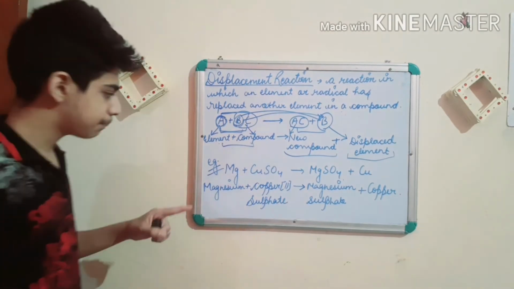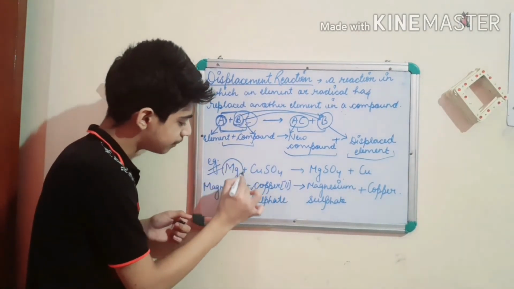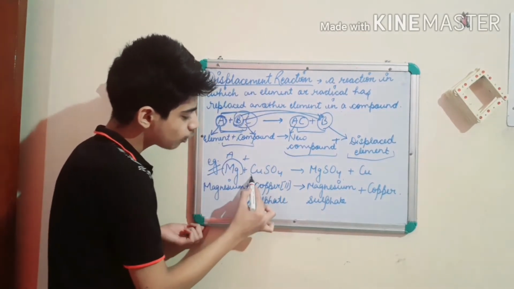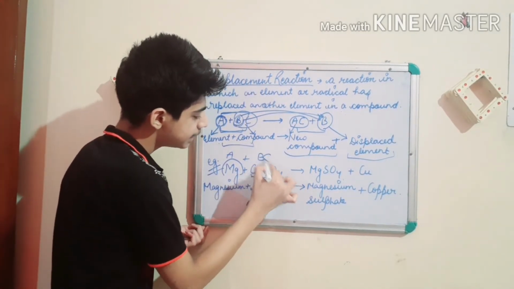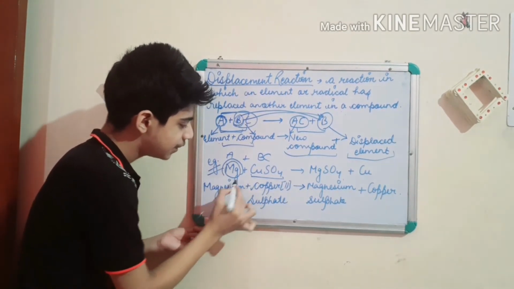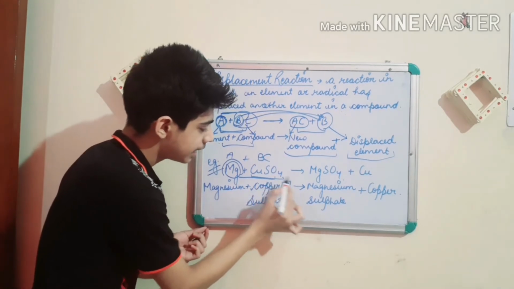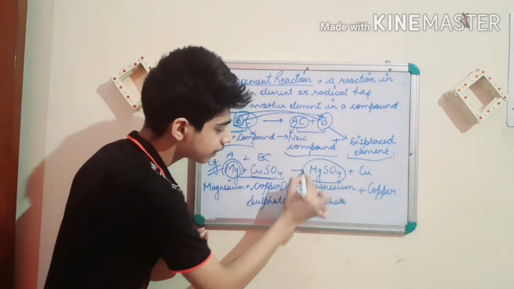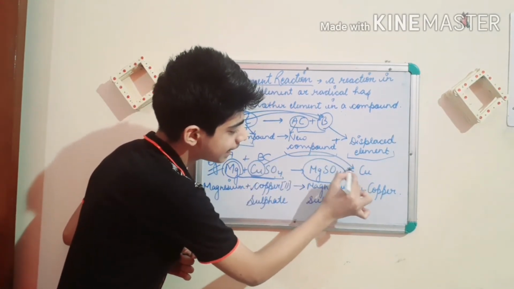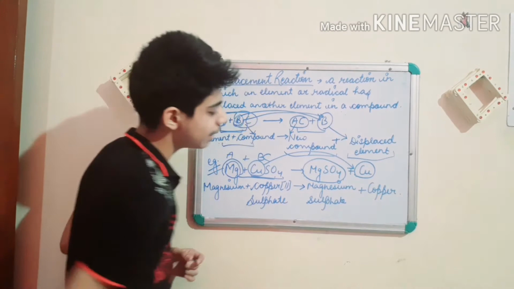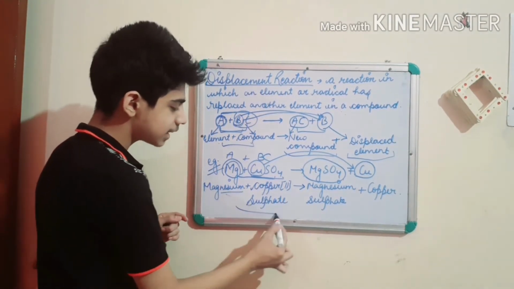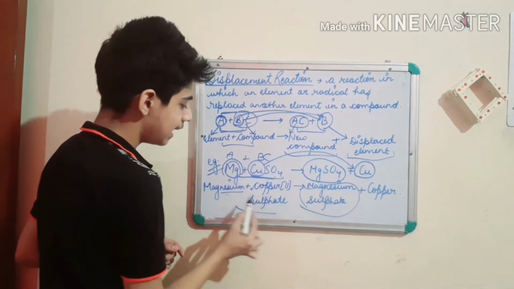Now may I take you to an example to make it clear. Let magnesium be A, when it reacts with copper sulfate, a compound BC, the Mg reacts with sulfate SO4 and makes MgSO4, and copper remains alone, so it gets displaced and becomes a single element. So magnesium will react with copper sulfate, magnesium reacts with sulfate to form magnesium sulfate, and the copper